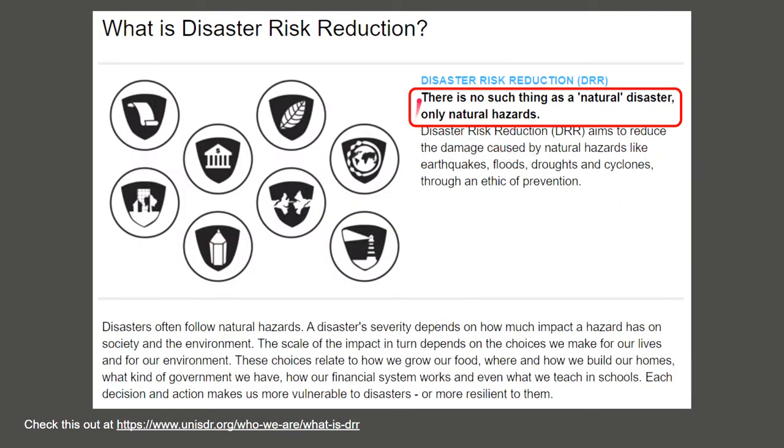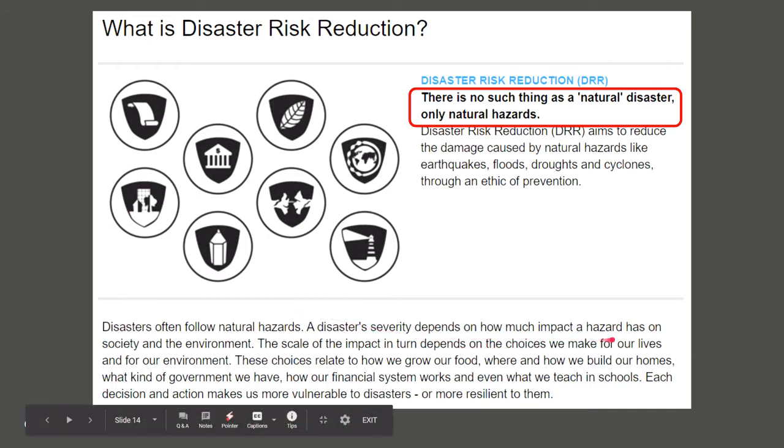So this quote, we've mentioned this before: there's no such thing as natural disaster. We only have natural hazards. Disaster only happens when we fail to prepare for the hazards, when we fail to adapt and to mitigate those hazards. Disasters usually follow hazards, and it depends on the impact of the hazard if we fail to make choices on how to mitigate